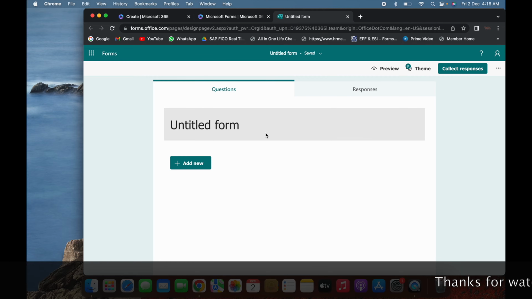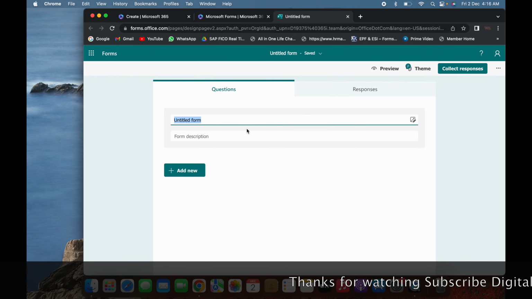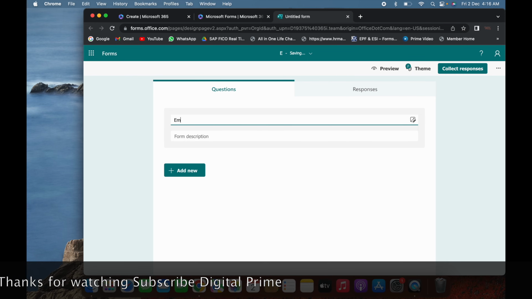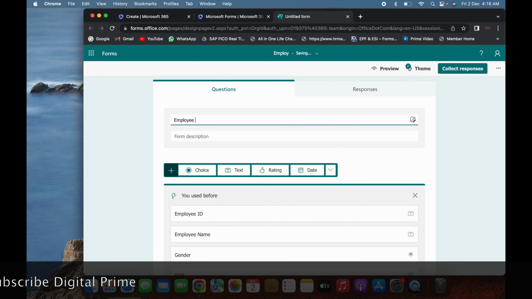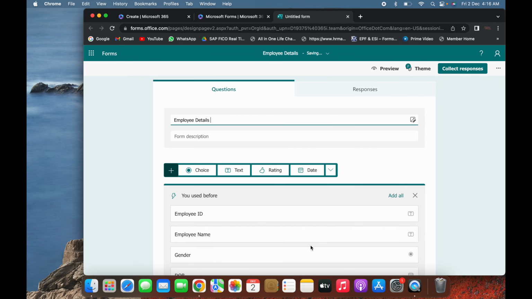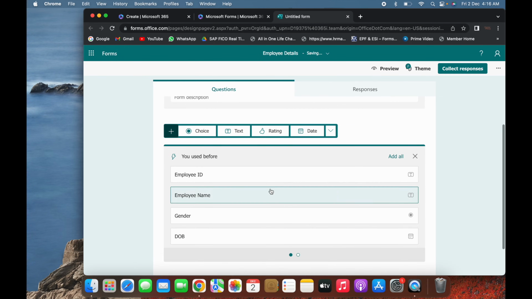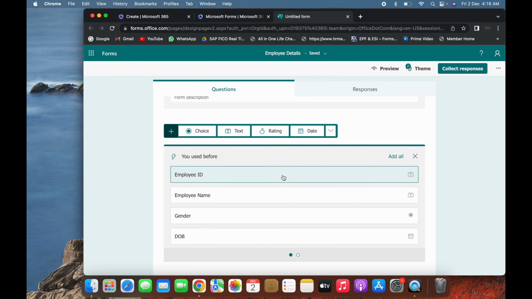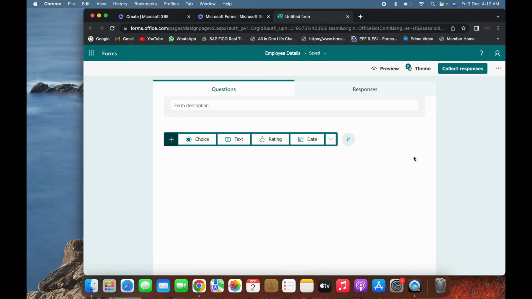Now, for the untitled form, you can give a title to your form. Let's give it Employee Details. Some earlier used details are coming up, so let's eliminate this.